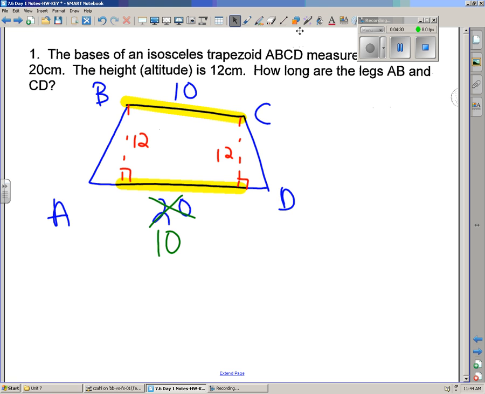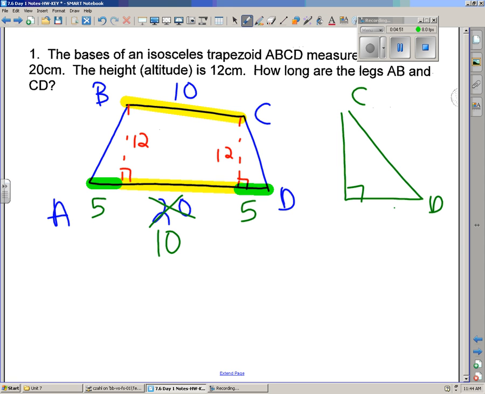So the whole thing was 20. This yellow part is 10, which means these guys have to be split evenly with what's left over. So these guys each have to be 5 and 5. If you just take out one of those triangles, I'll take out this one over here, which this is C and D, and we already know that this is 5 and this is 12,